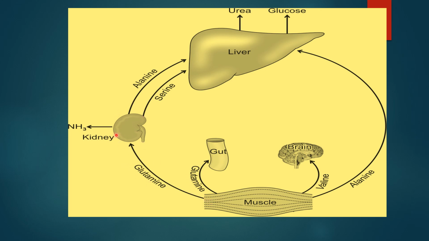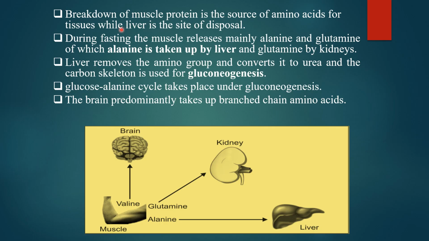In the kidneys, it has a lot of scope because it contributes to the maintenance of acid-base balance. So this is how various organs exchange the different amino acids between them. Breakdown of muscle protein is the source of amino acids for tissues, while the liver is the site for their disposal. Because for all of the amino acids, ultimately their